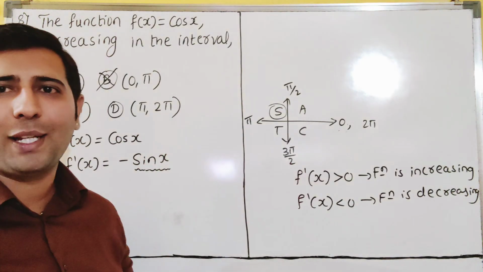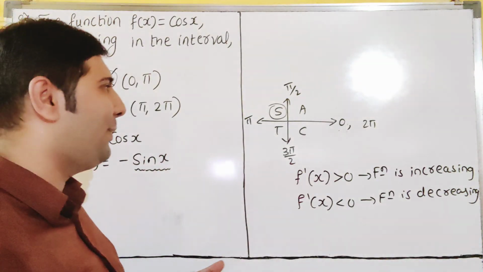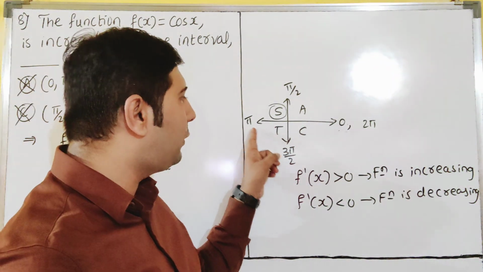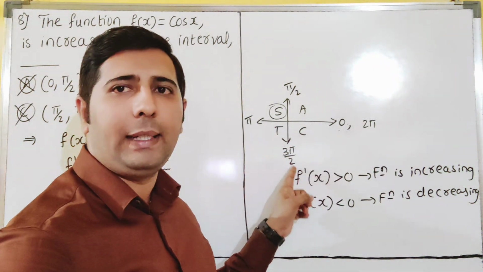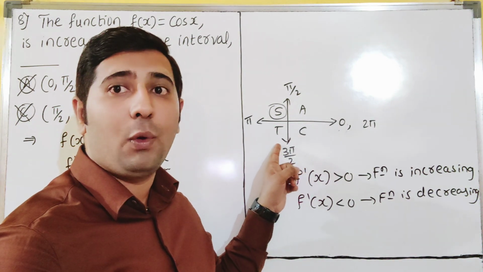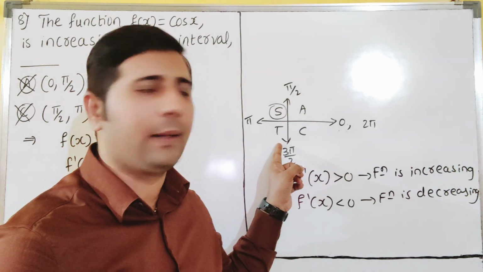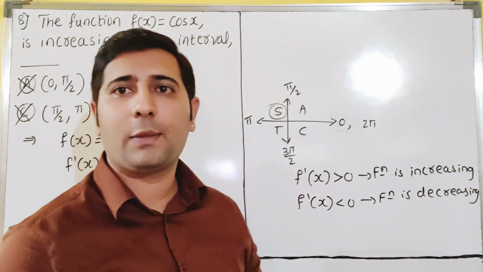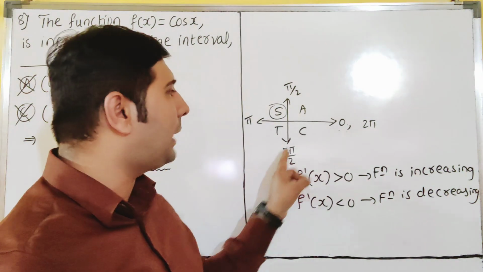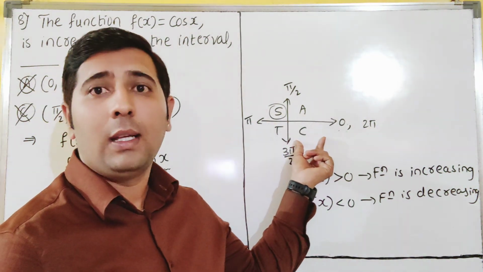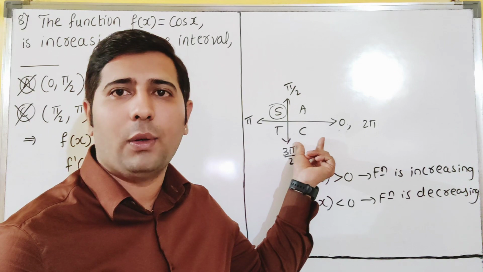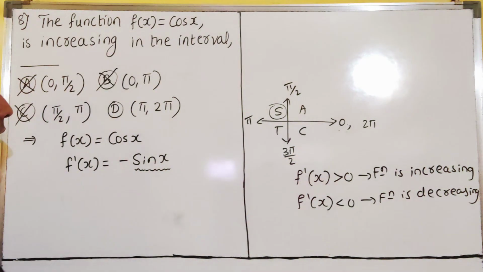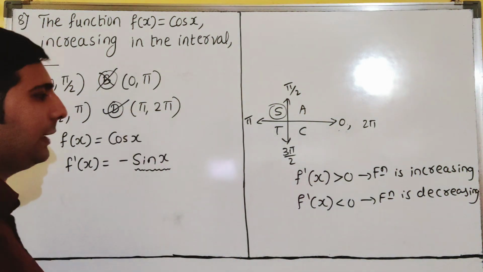Now only one option is remaining. Of course this is the answer, but still we will explain. Pi to 2 pi, you see. Pi to 270, sin is negative, no? Only tan and cot are positive in the third quadrant. So here negative into negative is positive. In the third quadrant also it is positive. That means increasing. So 270 to 2 pi, again here in the fourth quadrant, cos and sec are positive. Sine is negative here, dear students. Negative into negative is positive. So then D is our correct answer, dear students.